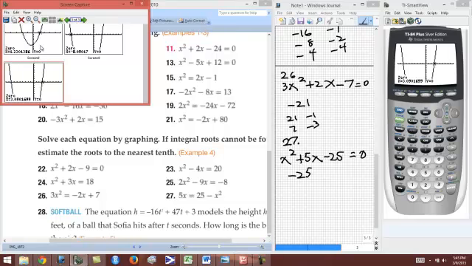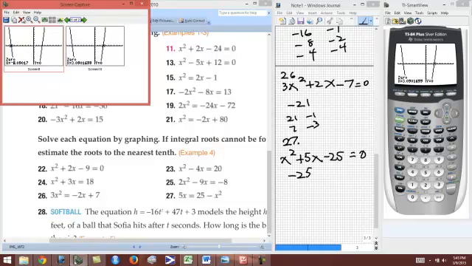Okay, let me get rid of this. So there's the two zeros right there. Negative 8.09 and 3.09 are the two zeros. Okay, next,